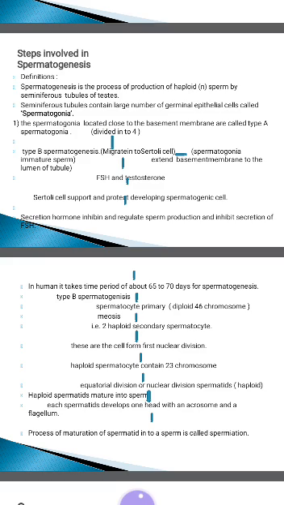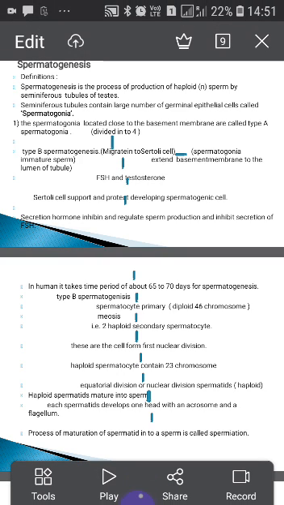The Sertoli cell extends from the basement to the lumen of the tubule. Under the effect of FSH and testosterone, the Sertoli cell supports and protects developing spermatogenic cells. The Sertoli cell also produces fluid for sperm transport and secretes the hormone inhibin, which regulates sperm production and inhibits the secretion of FSH. In humans, it takes a period of about 65 to 70 days for the completion of